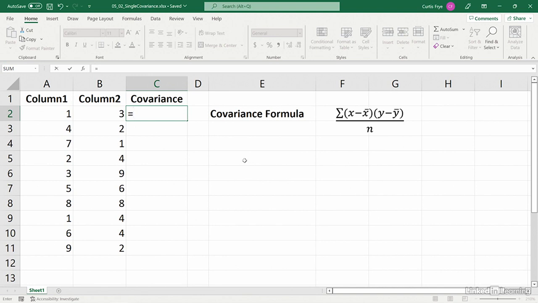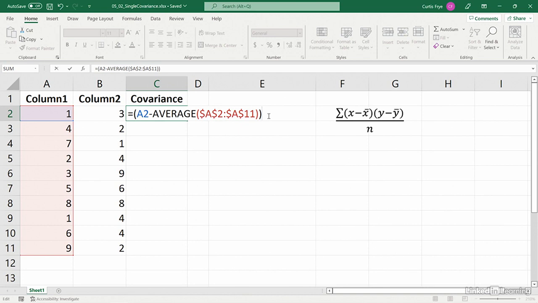So I'll type a left parenthesis, A2, minus, and then we want to find the average or mean of the values in column 1, so that's AVERAGE. And the range is A2 to A11. And I don't want that reference to change. I always want to refer to that set of values for the average. So I'll press F4, and I'll go back to A2, press F4 to make that an absolute reference. So I have my range of values, and I can type two right parentheses to close out that part of